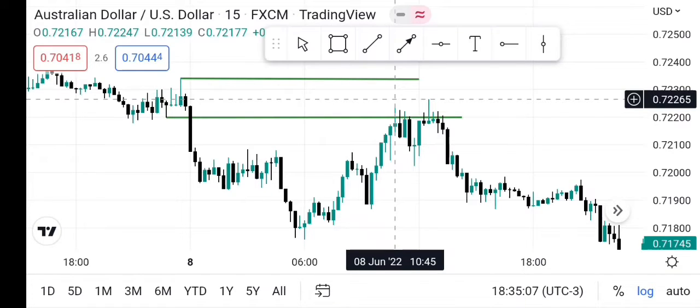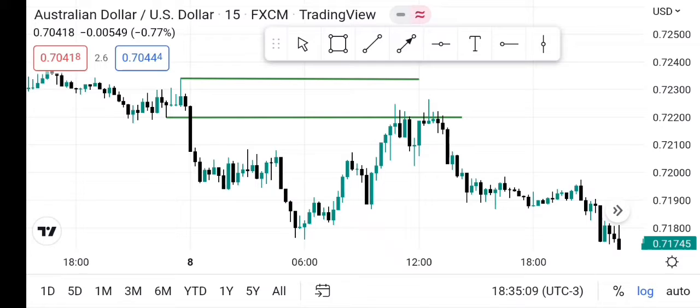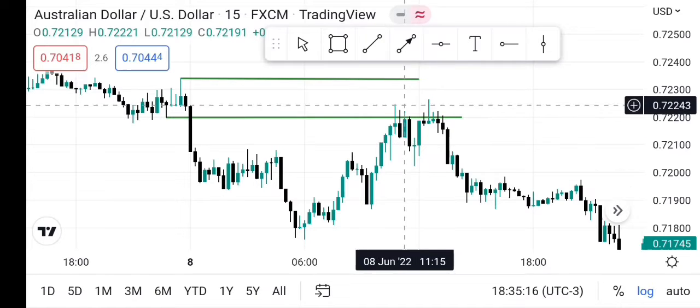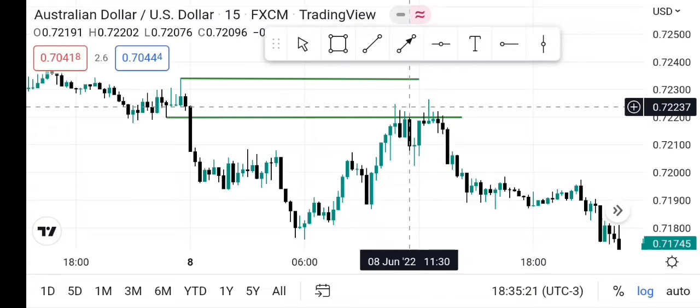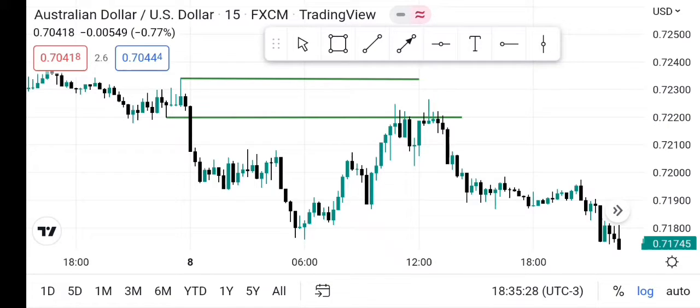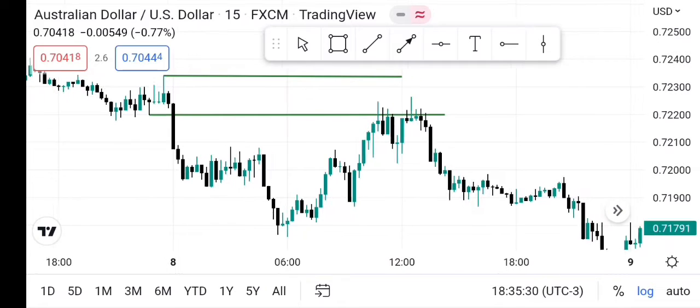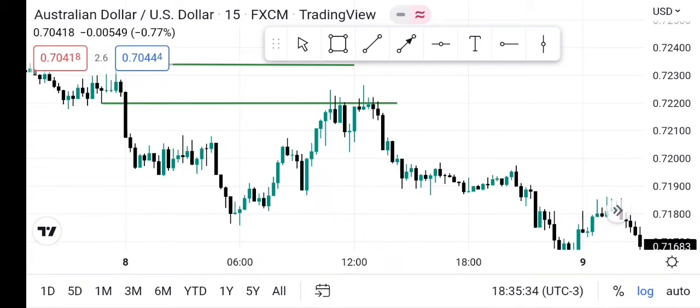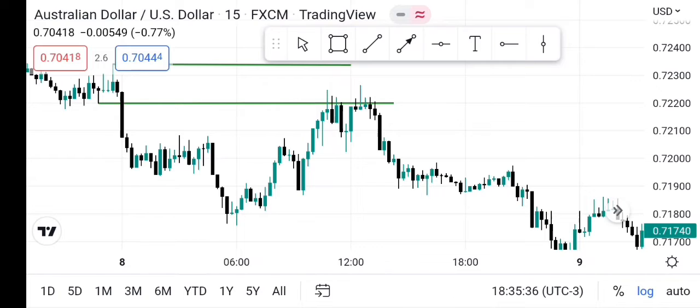So folks, now just take a look at how price really reacted to that level. Very clean, precise, and beautiful. Okay, now let's go further. Let's look for more examples where price reacted. All right, folks, take a look at